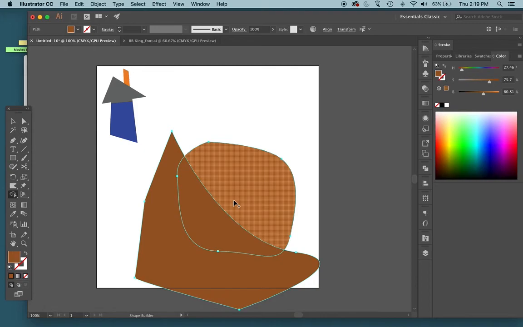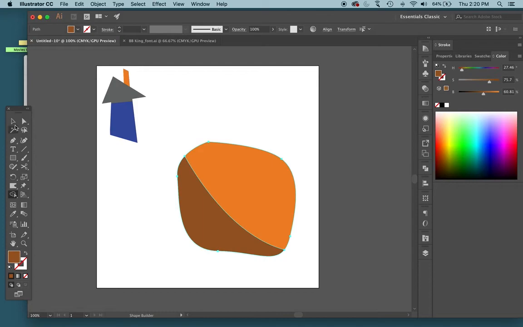I could get rid of any of these sections. I could get rid of that, which sometimes you may want to do, or that. But I want to get rid of this whole part right here. So hold Option, it changes to a minus, and click. Okay, so that is some different uses of that Shape Builder tool for making shapes or taking away sections of